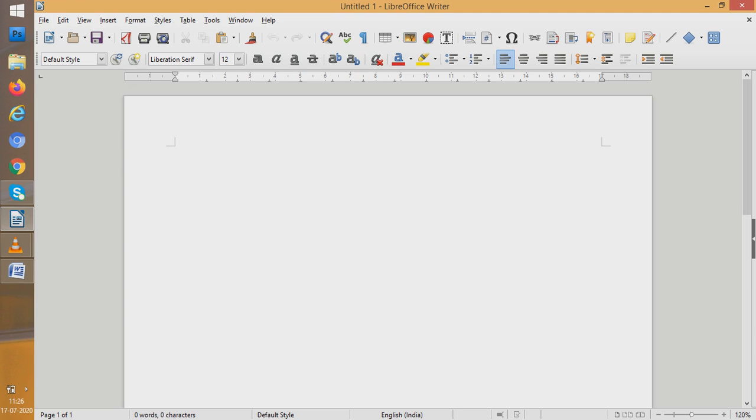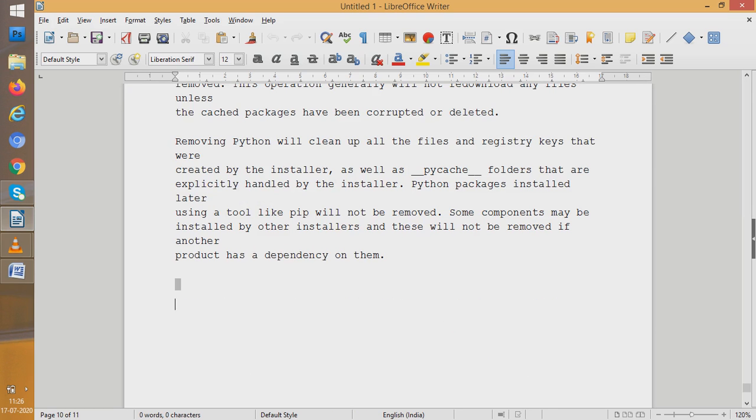So see students, I am pressing Ctrl V. Everything gets pasted. Why did I do it? Because I wanted a big document to be already written in my LibreOffice Writer, so that the next concepts we would see would be easily understood.